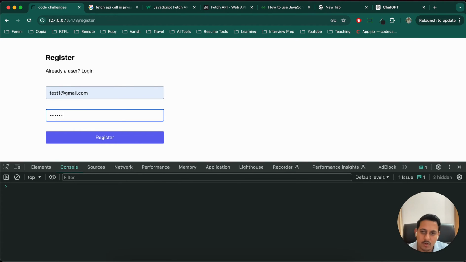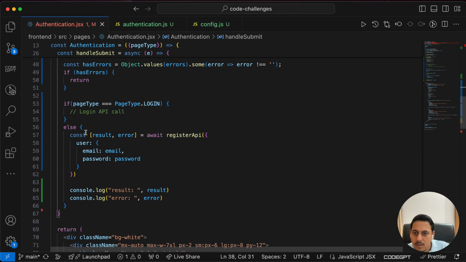Basically, right now I'm trying to fight with API call, password, error, and a lot of different things, right? So I'll just try to minimize that to only password and rest everything should be successful. So that's how I'm thinking. Register, nothing worked. Okay. So we'll have to check